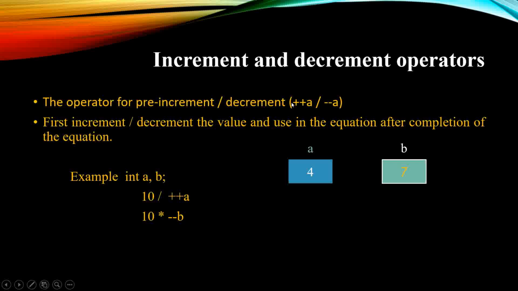Pre-increment and pre-decrement ማለት ነው። So how it works ማለት ነው የሚለው እናያለን። For increment first we have to use the value ማለት ነው። First we have to use the value and use that value in the equation after completion of the equation ማለት ነው።